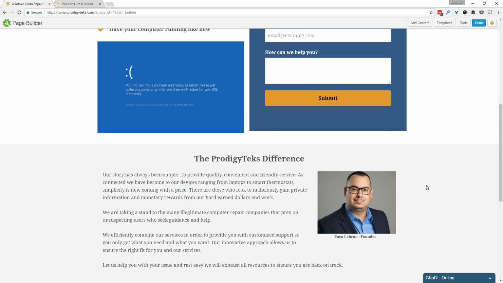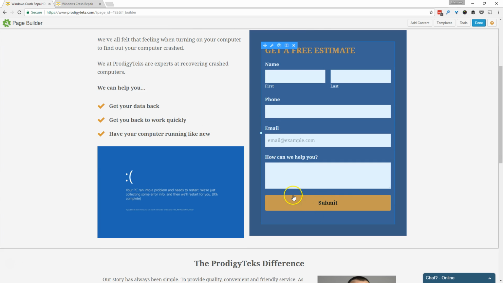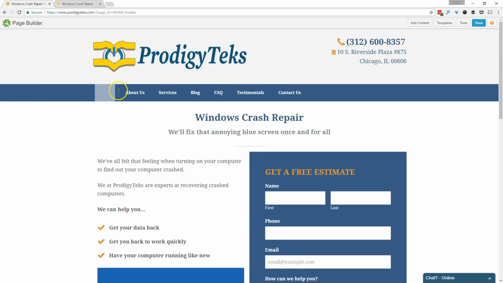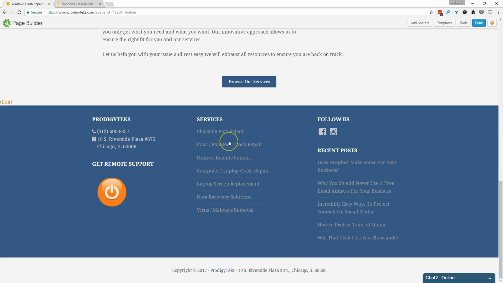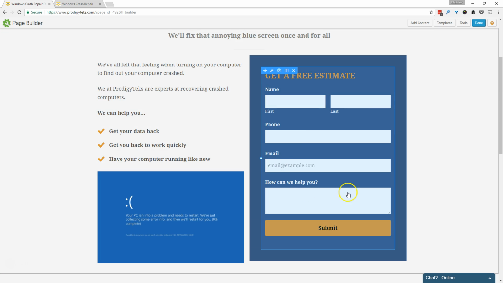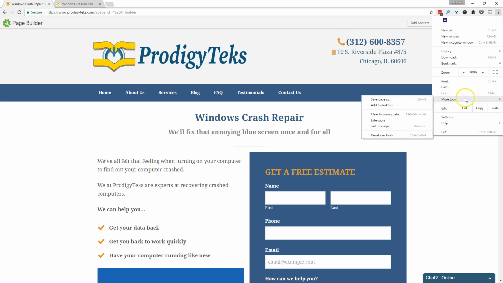All right, the final thing, and this is kind of an advanced move, but if you got comfortable with CSS when we changed this button here, then you should be able to be comfortable with this as well. But what we're going to do is we're going to get rid of the navigation menu at the top, and we're going to get rid of the footer at the bottom. The reason we do that is we want to remove any kind of distraction from the person doing the primary objective of this landing page, which is to fill out this particular form. So in order to do that, we can just, again, use the developer tools to